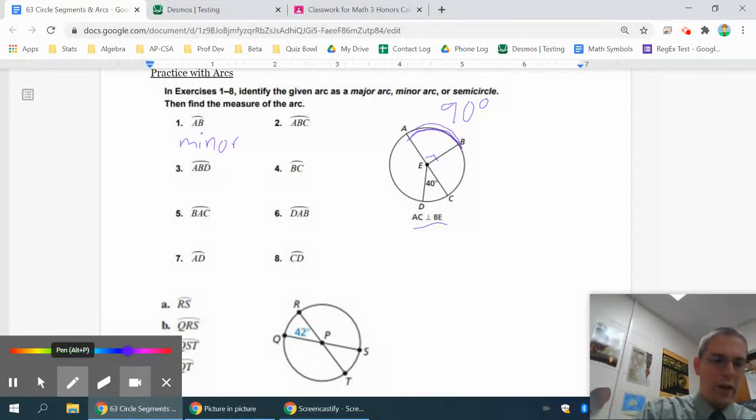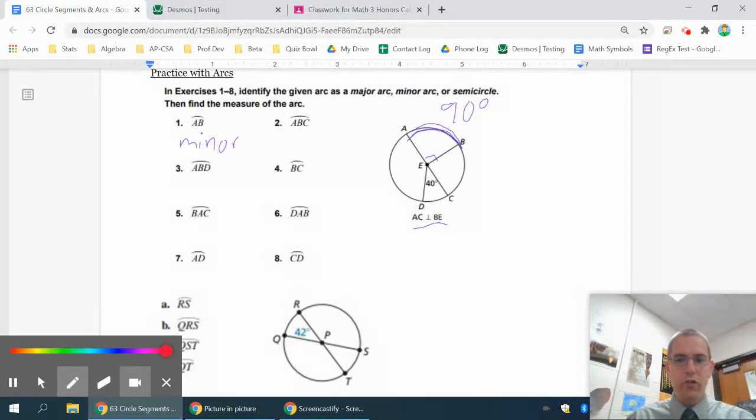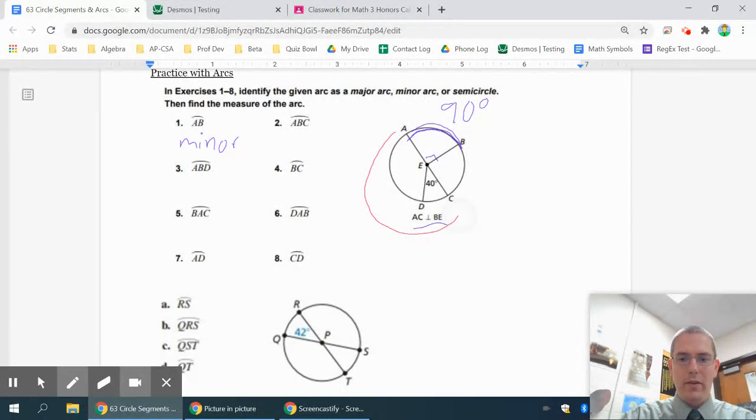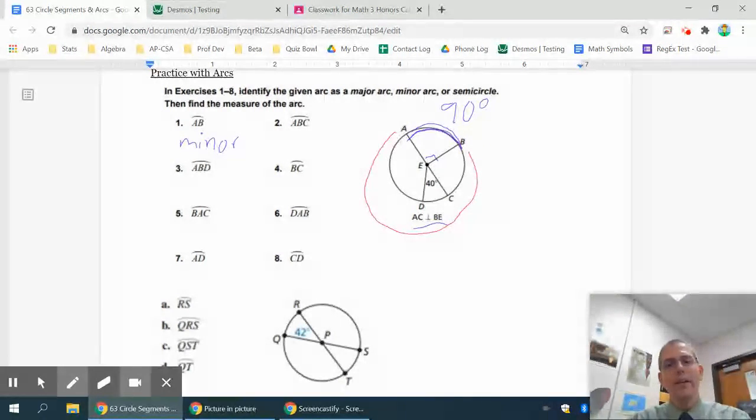On the next one, arc ABC, remember 3 letters usually means you're going the long way around. So we're not going straight from A to B, but I'm going from A, have to drop by C. Maybe it's a friend's house, have to drop them off on my way home, and then I make it back to my house. So maybe A's the school, C's the friend's house that's a little out of the way, but they needed a ride, so you're a good friend, and then you go to finally get to your house,